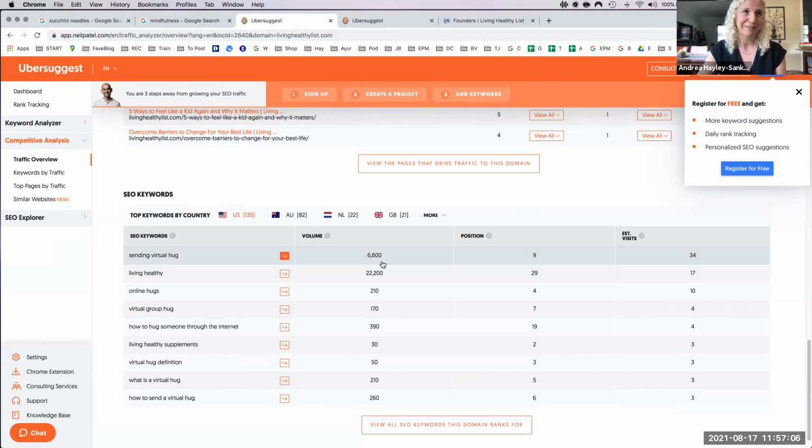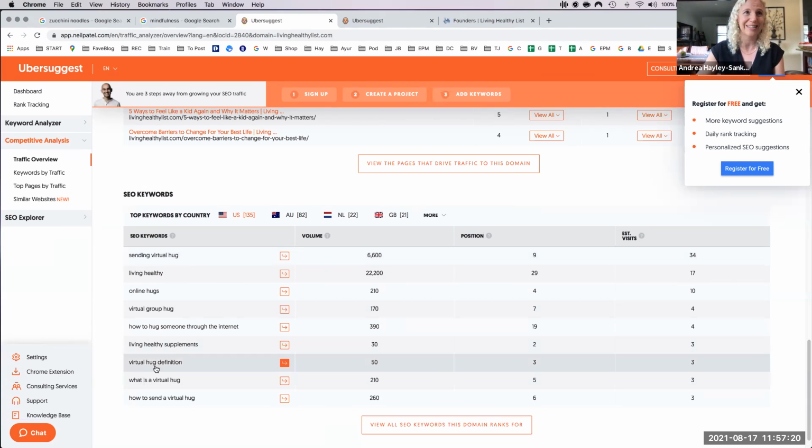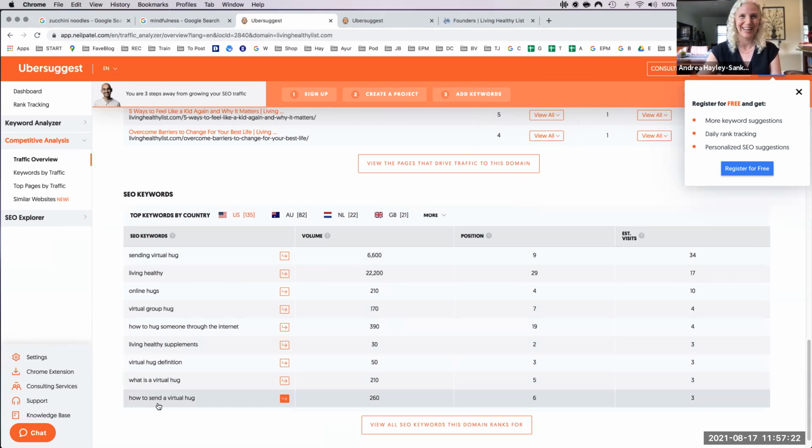The second one, sending virtual hug. Who would have known, right? So that's probably coming from somebody's individual article that they wrote about sending virtual hug. And that's bringing a lot of traffic to the site. Look down here again, virtual hug definition. What is a virtual hug? So some of our top ranking keywords are a little bit random,